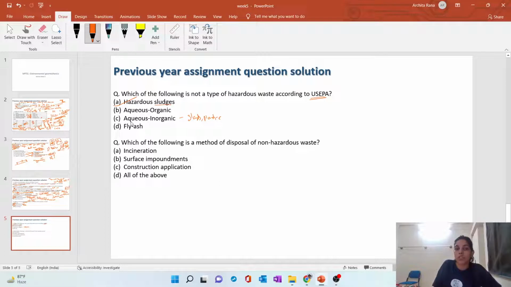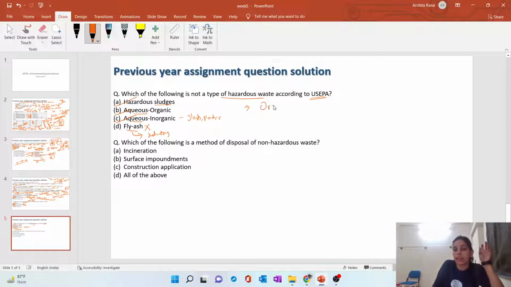But aqueous means that it is in a more liquidy manner or has water content. So according to US EPA, of course these three are types of hazardous waste, but fly ash is not. Fly ash is used in the industries, even though it's a byproduct. So the last one is